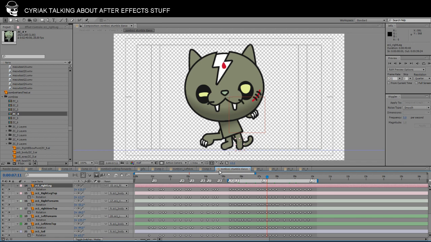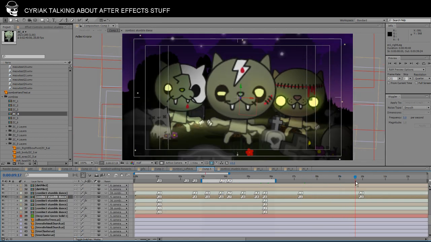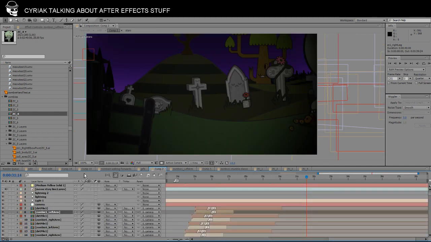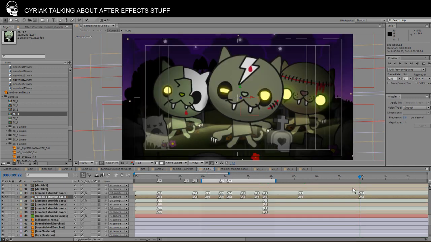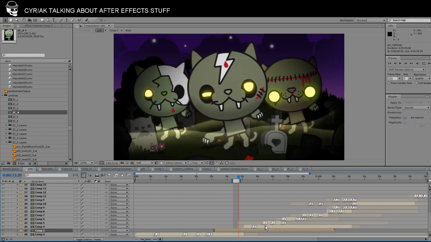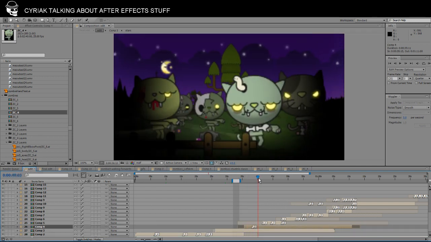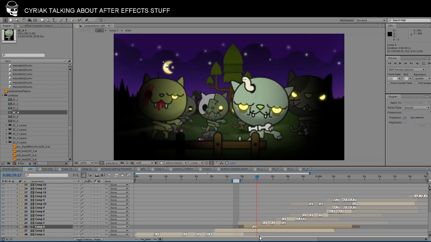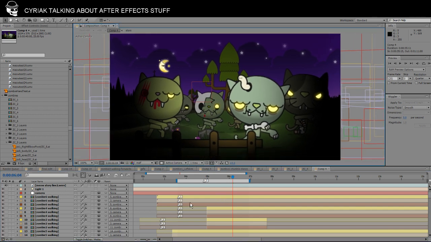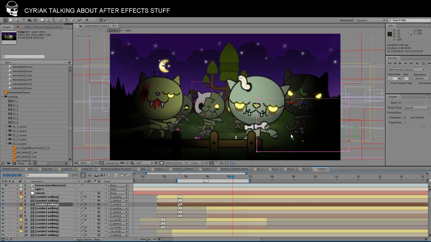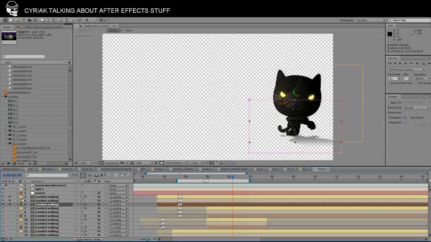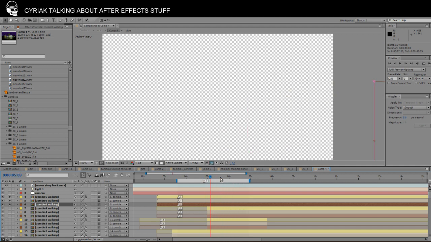Let's find something a bit more complex. Where are we? Comp 3. Let's move on to comp number 4. Here we have walking zombies. Now these zombies, each one has 3 layers. Let's have a look. Aha, so we've got a layer for the actual zombie,